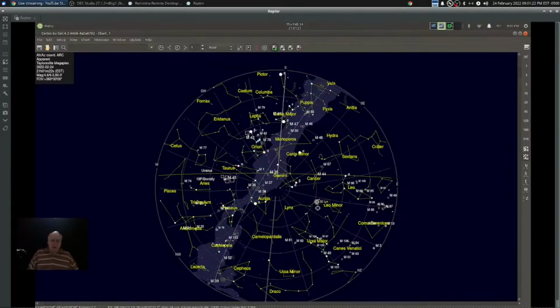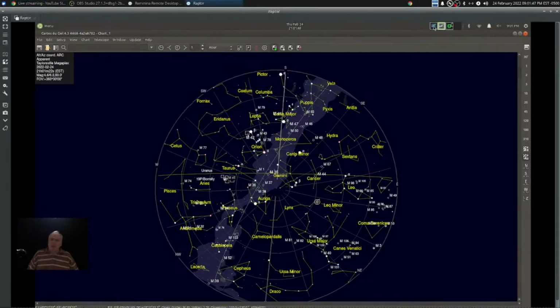That's a star cluster that's very famous because the Japanese name for the Pleiades is Subaru. And when you look on the back of a Subaru, you see a likeness in chrome of the Pleiades cluster. So that sits over here, and we're over here. What we'll do is we'll click on that,